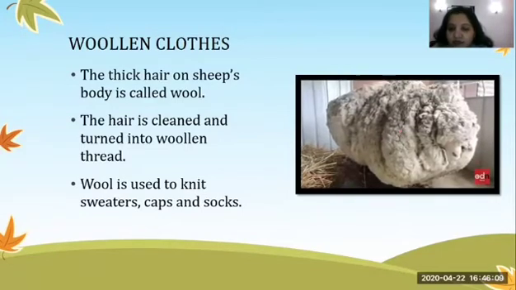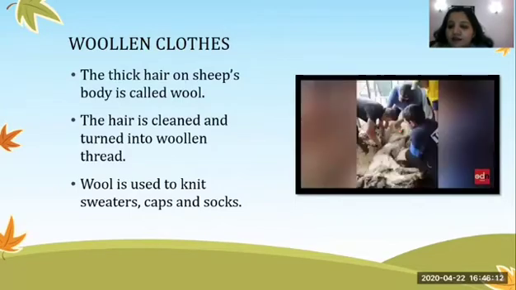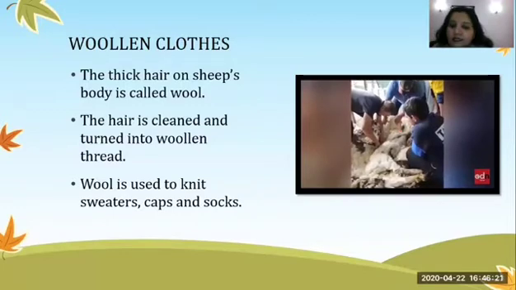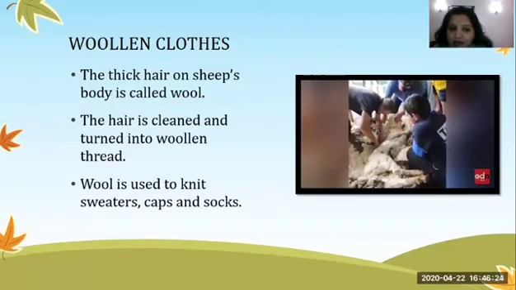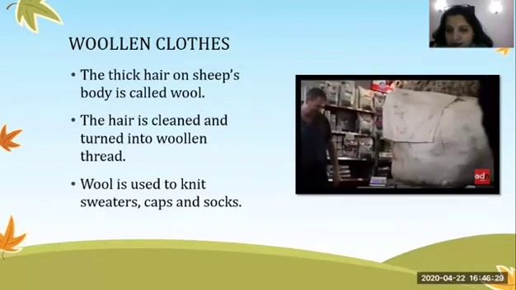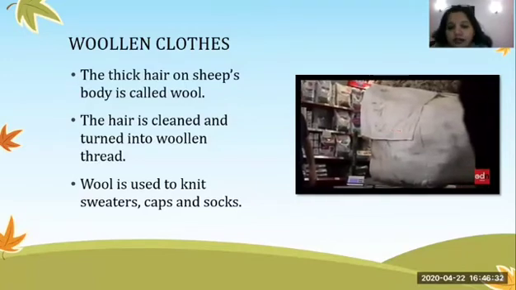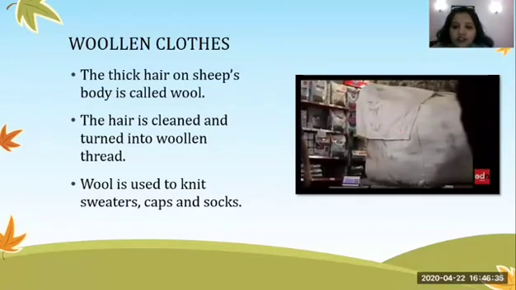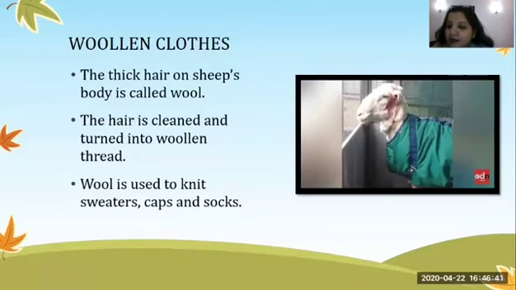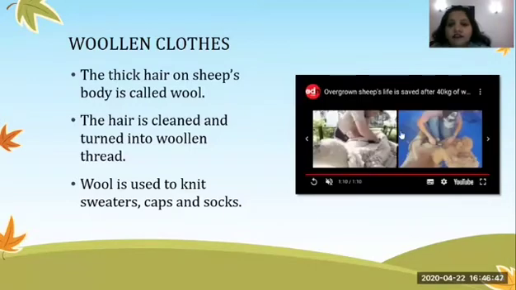This is the image of a sheep where you can rarely see the face of the sheep, and with the help of a trimming machine the people are removing the wool from the body of the sheep. Then this wool is washed and dried and given to the people who make things out of woolen thread. You can see it is being weighed and sold. And this is the image of a sheep after the trimming is done, in which the animal is not harmed at all. Then this wool is converted into different material.